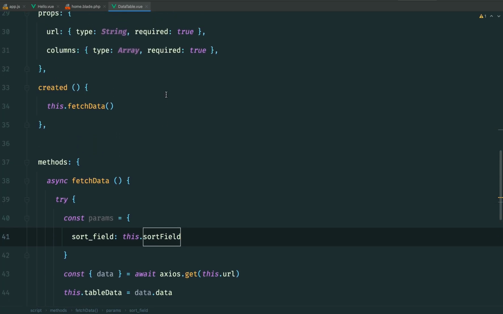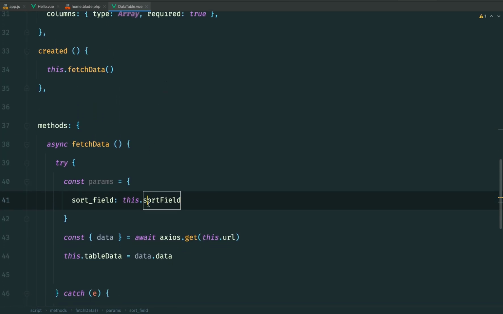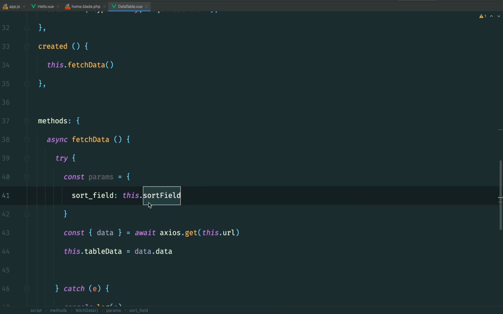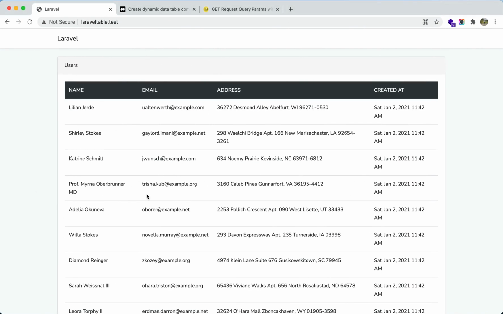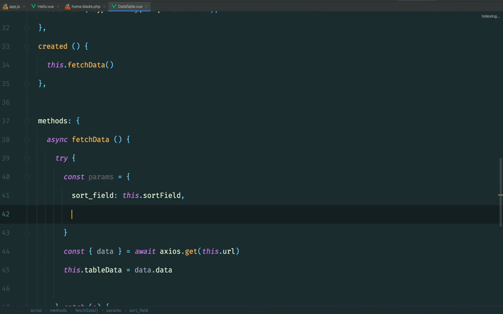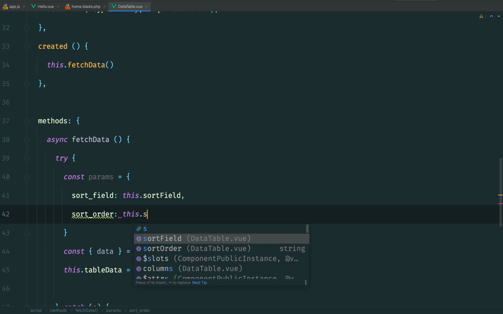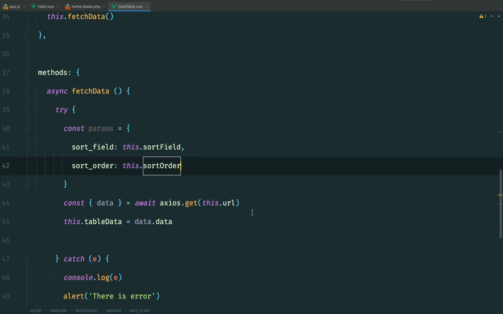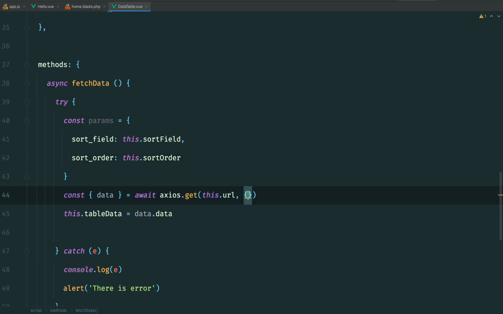Within this data table, we are using camel case for naming, but for the HTTP calls going to the browser, we are using snake case. So this is the sort_field, and we also want to pass sort_order, which can be done by sortOrder,